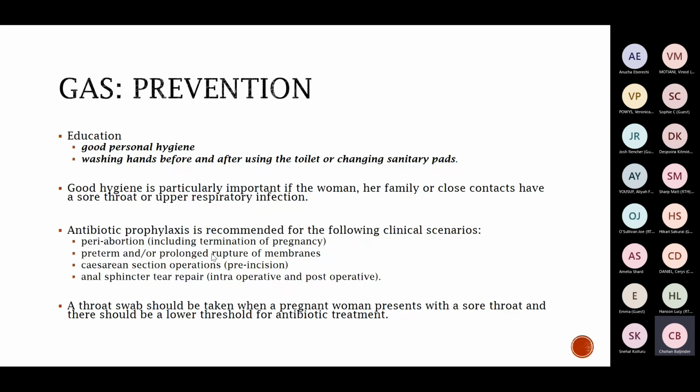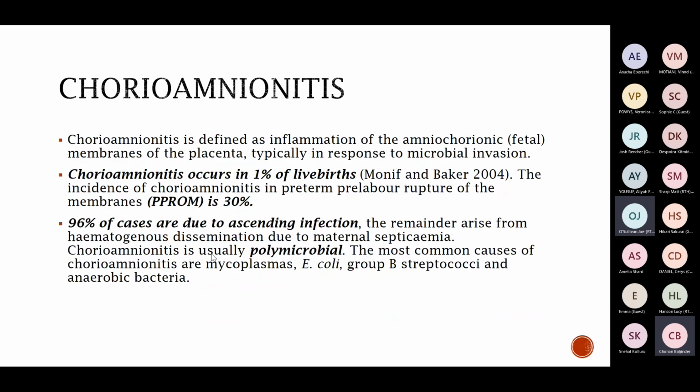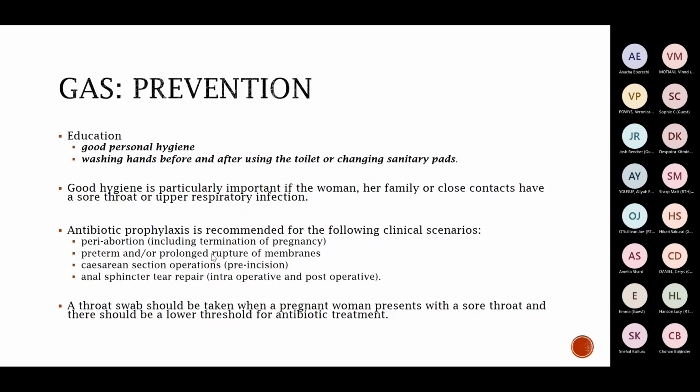So think about sore throat, foul vaginal discharge. Get the right people involved early. Mr. Allen, am I right in thinking that the peripartum Group A strep is less particularly associated with the sore throat picture? The peripartum Group A strep is more of a genitourinary tract infection.